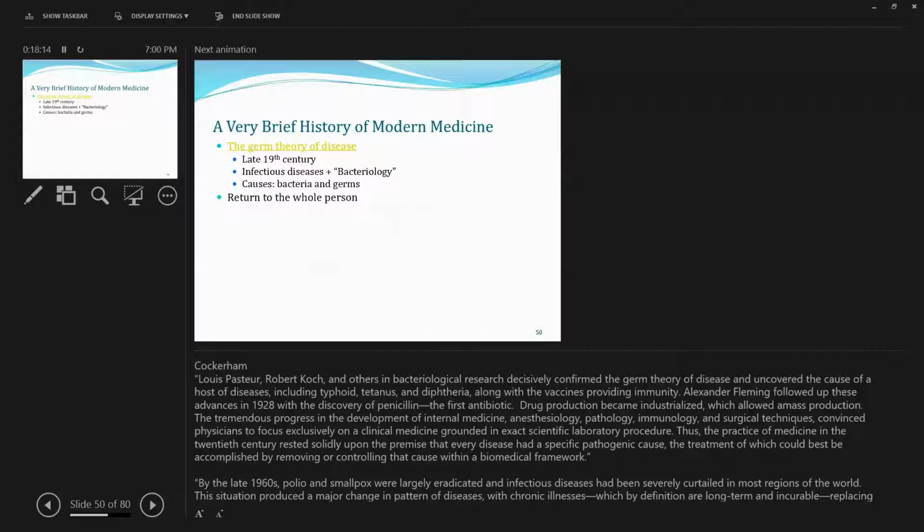A tremendous progress in the development of internal medicine, anesthesiology, pathology, immunology, and surgical techniques convinced physicians to focus exclusively on clinical medicine grounded in exact scientific laboratory procedure. Thus, the practice of medicine in the 20th century rested solidly upon the premise that every disease had a specific pathogenic cause, the treatment of which could best be accomplished by removing or controlling that cause within a biomedical framework. Later on, we'll talk about the triad,